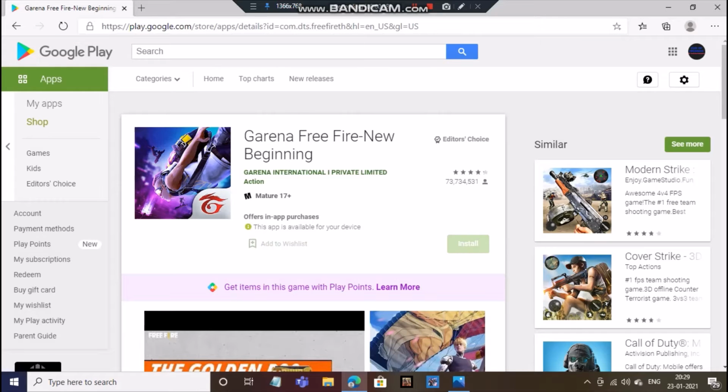And now if you click upon install, it will not be installing and this button will be disabled. As you can see, I am not getting any notification as such because it is disabled. And so this happens if you don't have any emulator and if you try to install it. And now if you have an emulator, then it is easy to install it. It will just take a few seconds.